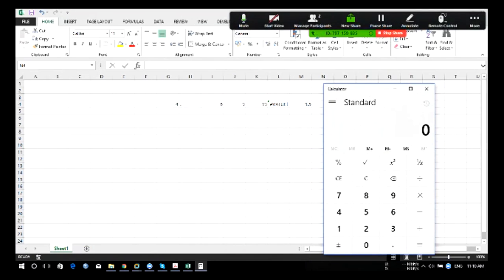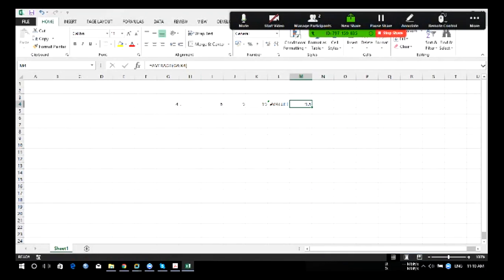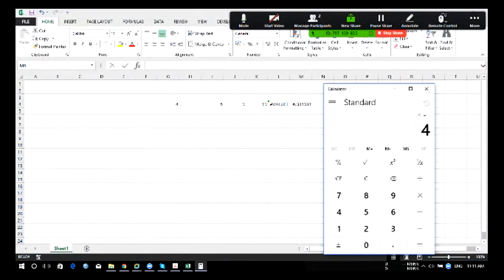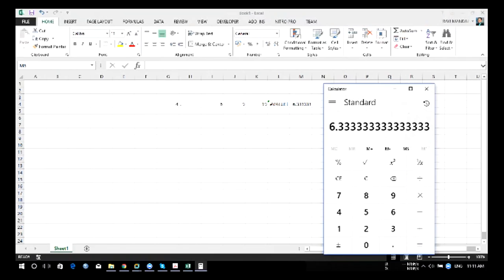So you have the values 4 plus 6 plus 9, that is 19. Ideally it should look like 6.33. So 19 divided by 3, you get 6.3.